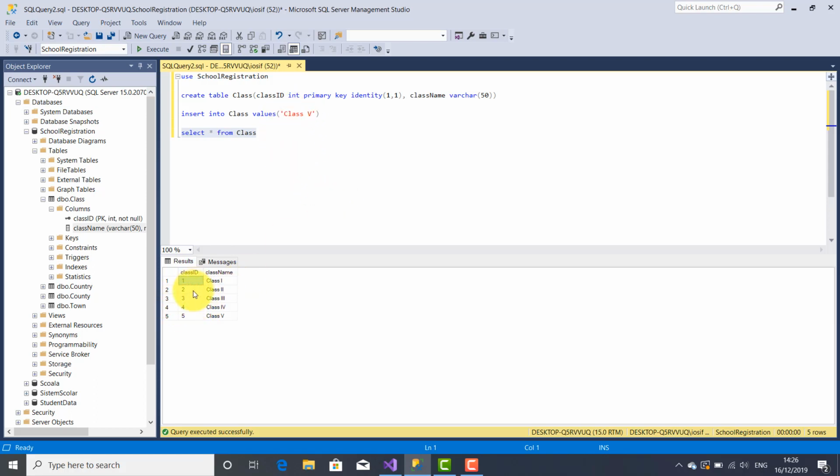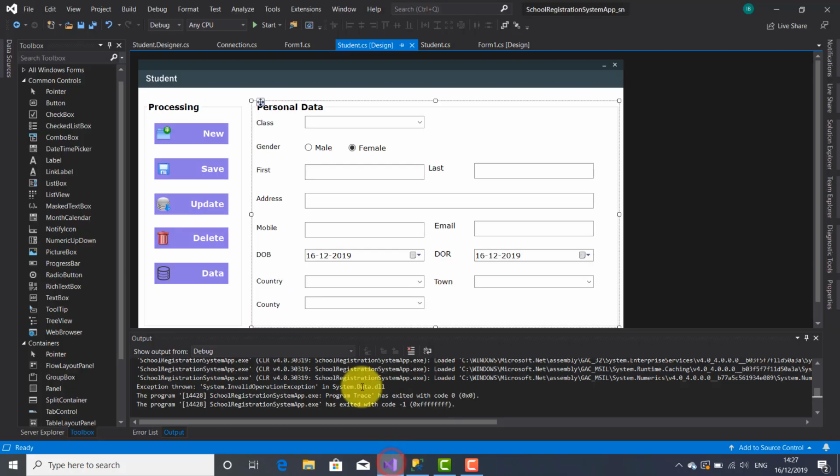If you have noticed, it's incremented by 1, as you can see, because I use this identity. The starting point is 1, and next is 2, because the 1 was incremented by 1, and so on, 3, 4, and 5, and here is the class name, class 1, class 2, and so on. All right, now we have to bring these values of this table class inside this form, student form,